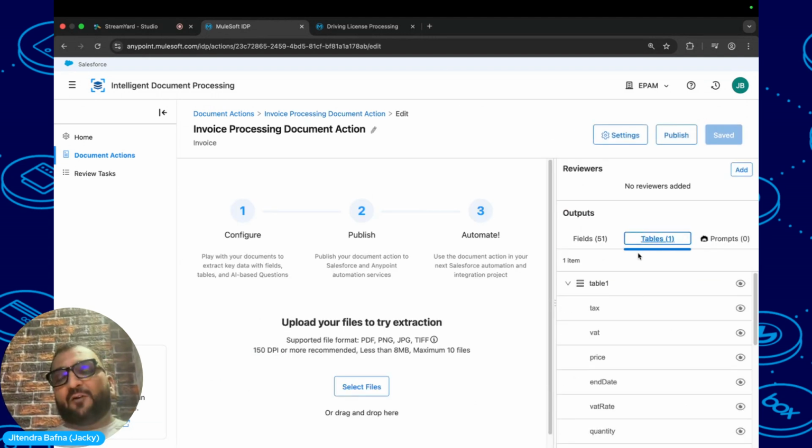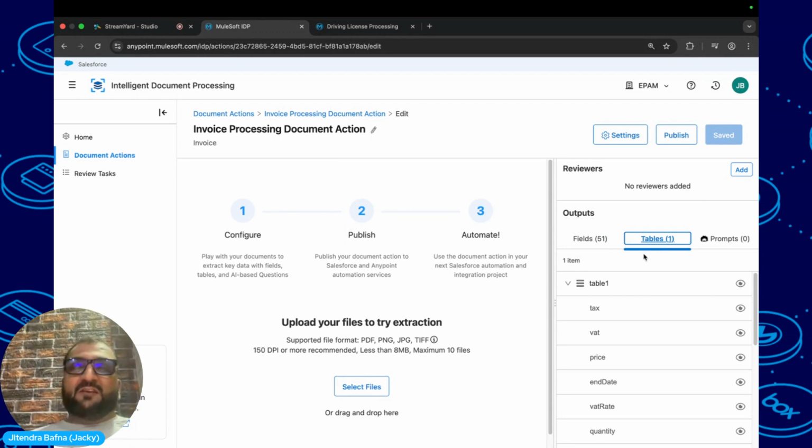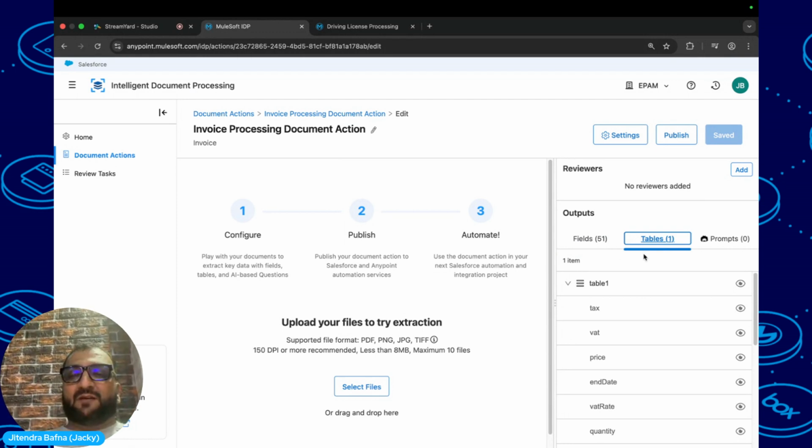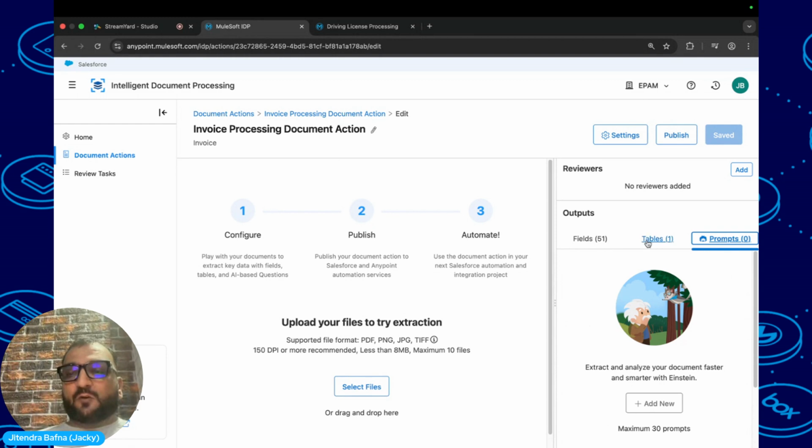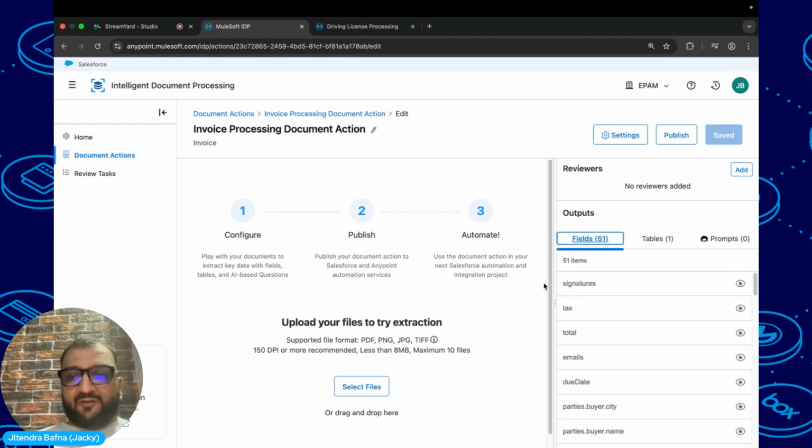IDP also gives you something where, in a PDF, you may have multiple tables, you may have data in the form of a table, right? So you can define the tables also, like table structures and all those things, and you can give additional prompts also. But this is the predefined one, so I am going to use that. So let me go and just